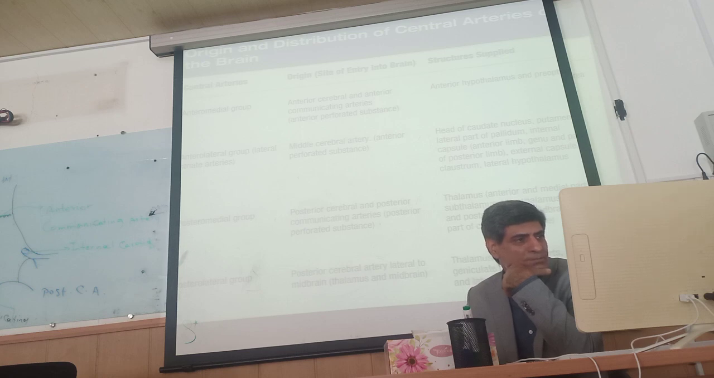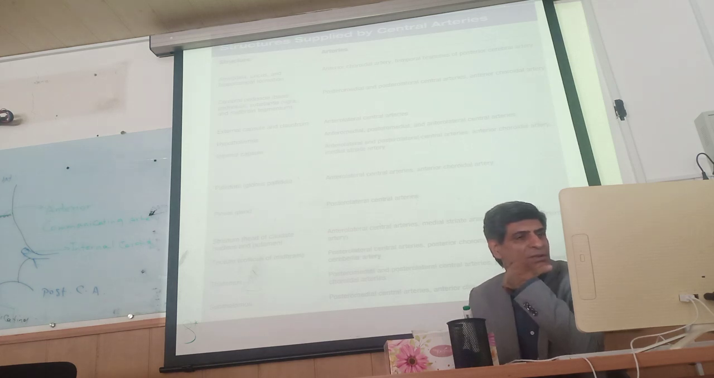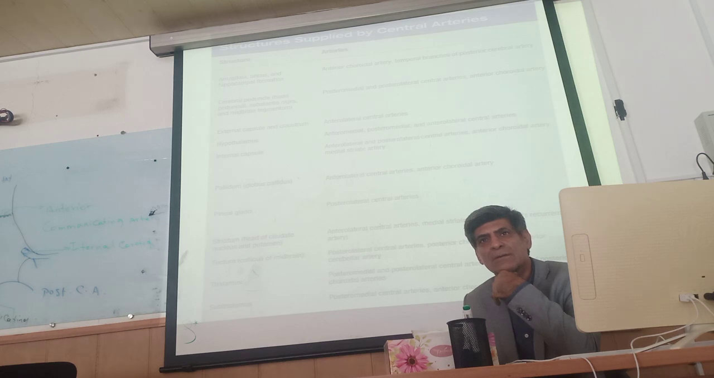Posteromedial group: posterior cerebral and posterior communicating artery. Thalamus, anterior and medial part, subthalamus, hypothalamus: all are supplied by the posteromedial group. The posterior part of the thalamus and lateral part of the cerebral peduncle are supplied by the posterolateral group. Head of caudate nucleus supplied by the recurrent